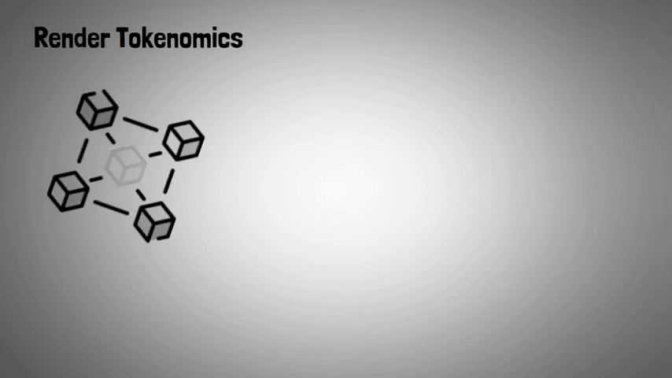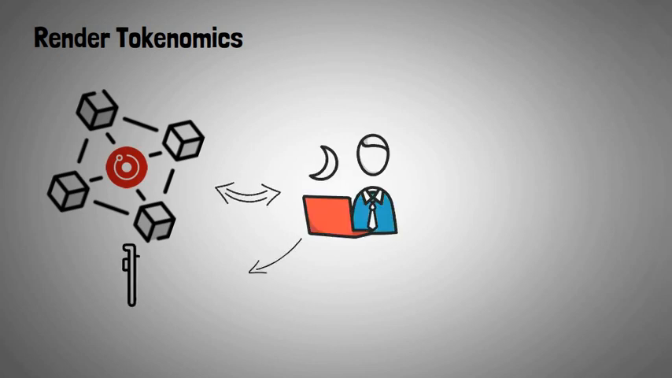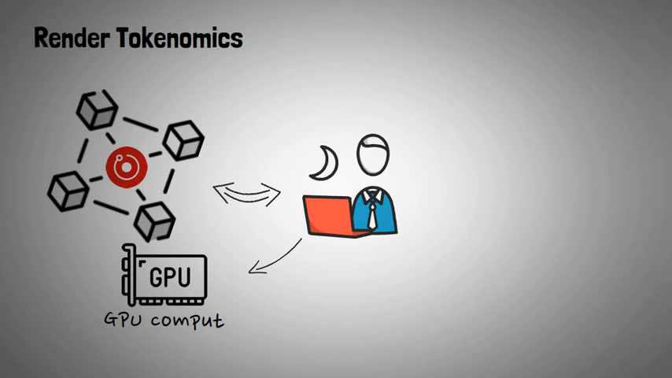Let's round up with Render tokenomics. All transactions on the Render network are denominated in Render. The ERC20 utility token is used by creators to pay for on-demand GPU compute provided by node operators. Furthermore, Render's total supply is capped at